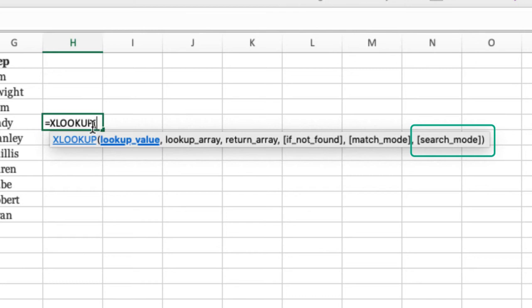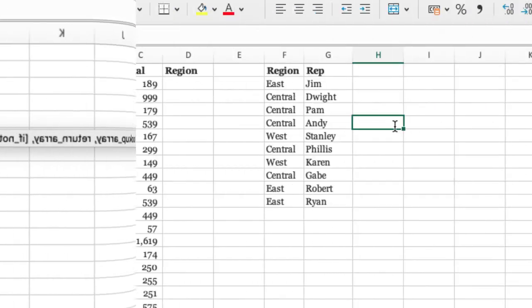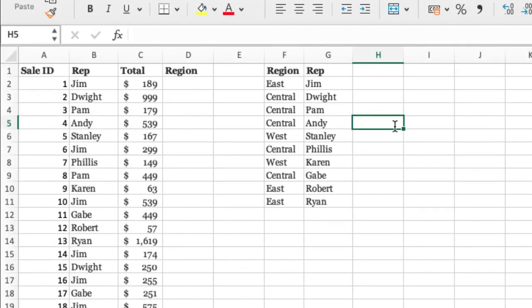So if you have your data sorted in a particular order, you can get creative as to what kind of values get returned by using the search mode argument. So as you can see, a lot of flexibility available here in the XLOOKUP function. Now let's use that function to solve our problem, and you will see how much simpler this is when compared to the VLOOKUP approach.